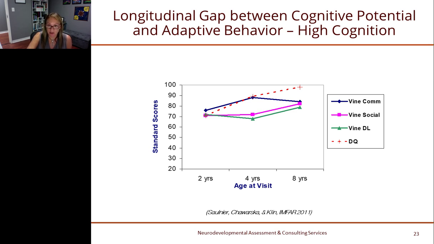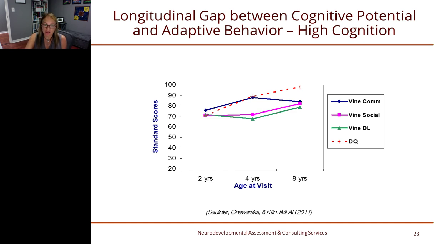What I want to show you here is the Vineland communication between 2 and 4. It goes very parallel with cognition. And this is important to know when we talk about remote assessments. If you are a clinician that's conducting remote assessments on children and you don't have a means of conducting a developmental assessment, using the Vineland as a proxy for communication at those young ages of 2 and 4, they're highly correlated. You see a gap go between functional communication and then rote communication later on, but in the younger ages, it's okay to use the Vineland as a proxy for communication skills.